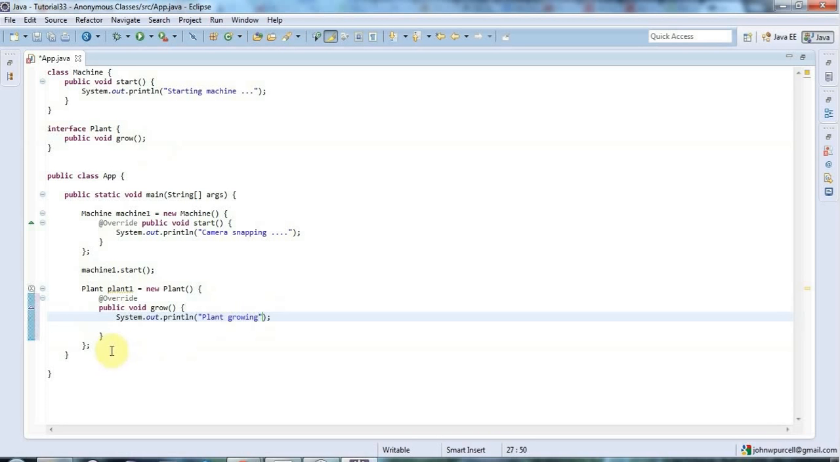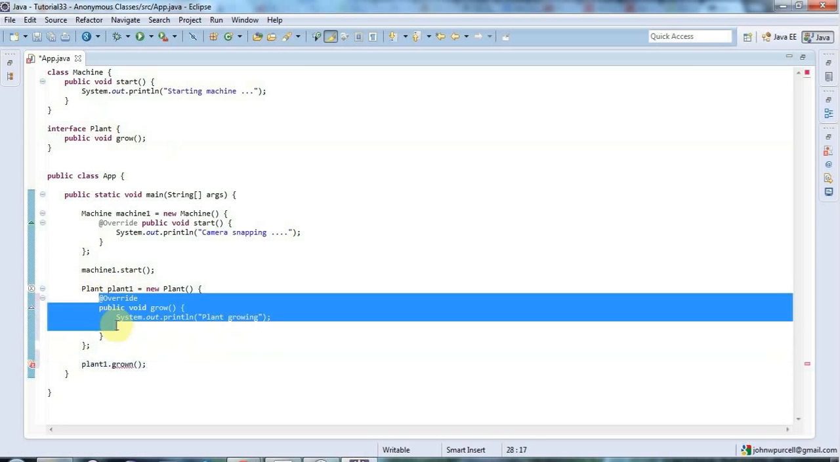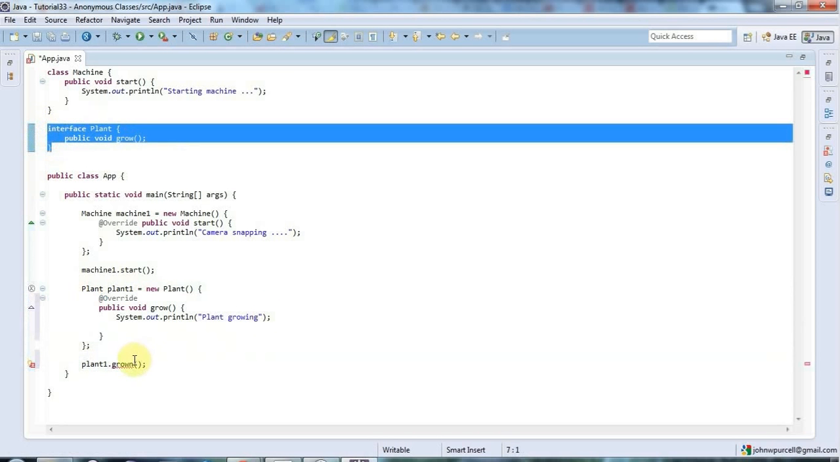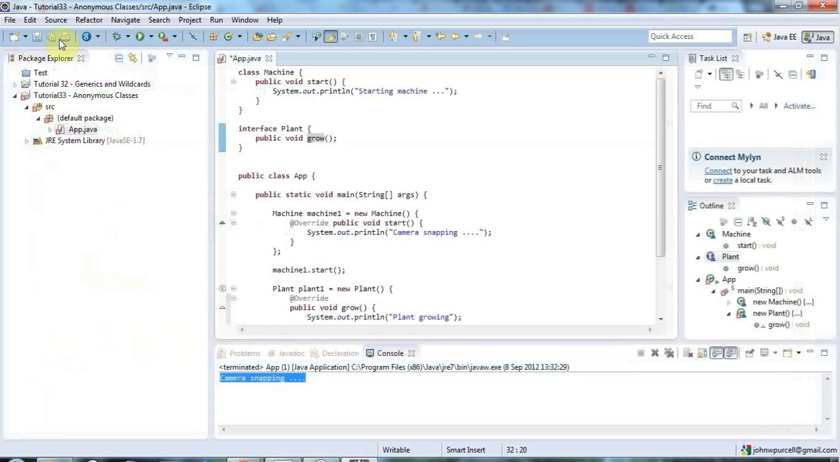And now I can declare a variable of this type, the type of the interface. Well, actually I already have done here. And then I can say plant1.grow like that. So I can call the method of this anonymous class which actually implements this interface. I need to say grow there. And once again, if I just save it and run it, then it's going to say plant